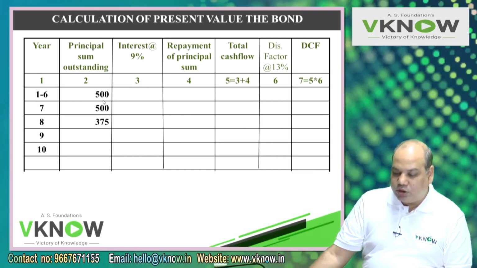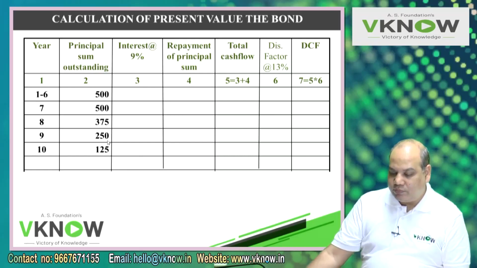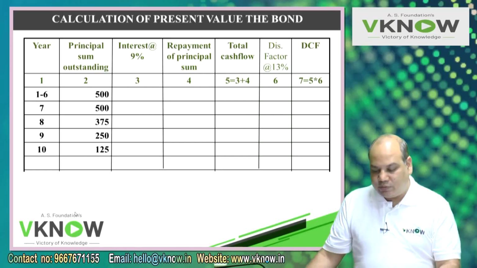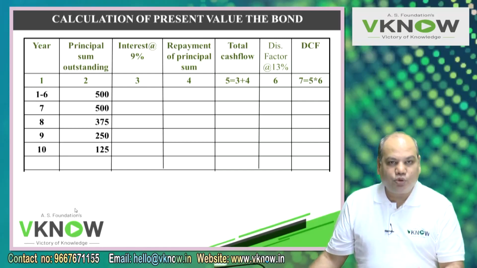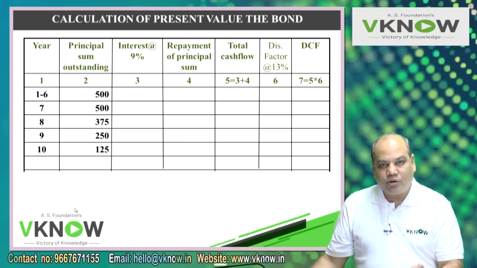This column only serves one purpose, to calculate the interest. Interest is calculated on the outstanding amount till the end of that year. Then minus 125 gives 250, again minus 125, you get 125. If you take the 125 reduction from here, then in the 10th year you will find that the balance has become 0. And do you mean to say that in the 10th year we will not pay any interest? No. So this is the correct presentation. Till the end of year 7, 500 was outstanding, so up to year 7, interest will be paid on 500.